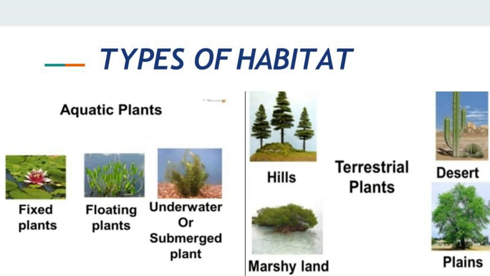The second one is terrestrial habitats. Terrestrial habitats are found on land, like forest, grassland and desert. They also include man-made habitats like farms, towns and cities. They can be as big as a continent or as small as an island. They make up about 28% of the entire world's habitat. Examples are rubber tree, areca tree and neem tree.